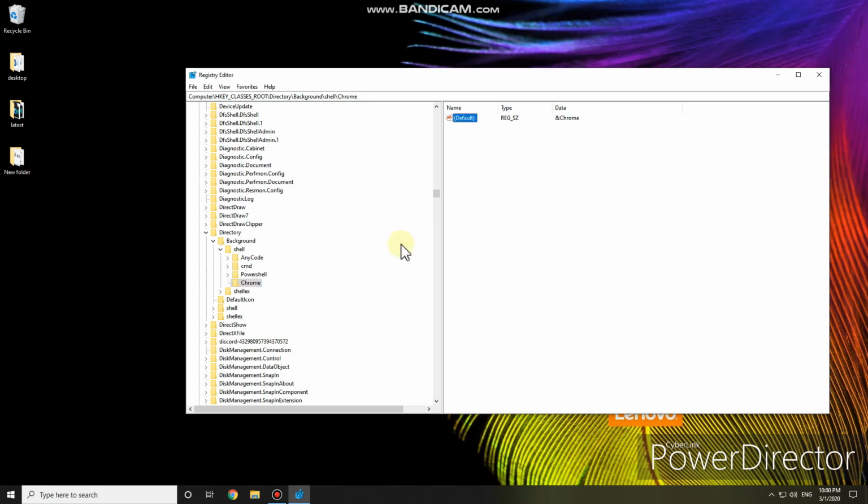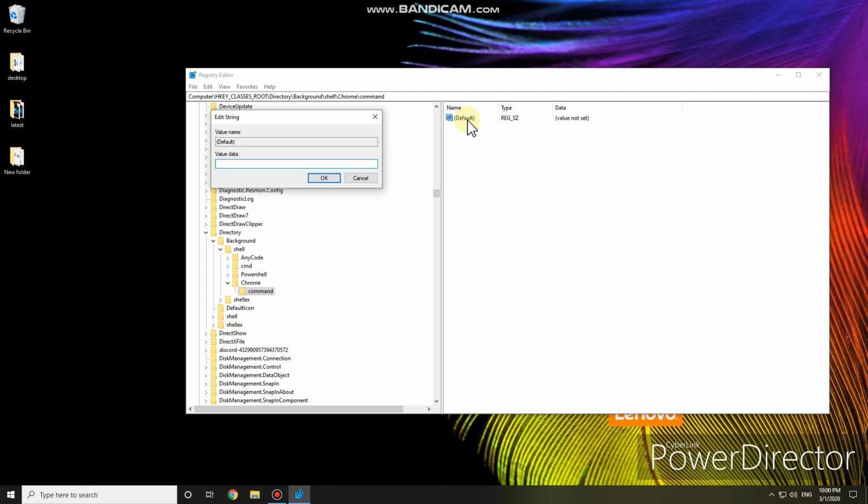Then click on OK. Then we have to go over the same process again by right clicking on Chrome, then creating a new key, and this time we have to call it command. When the command folder is created, there is another file created inside that folder. We have to double click on it, and here we have to give the path for our application, which in my case is Chrome, so I have to give the path to my Chrome application as you can see